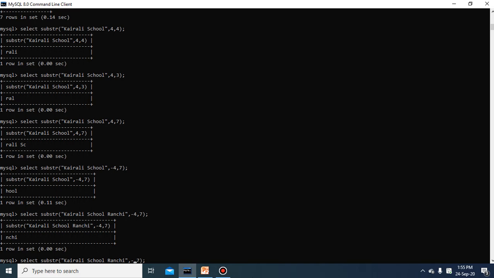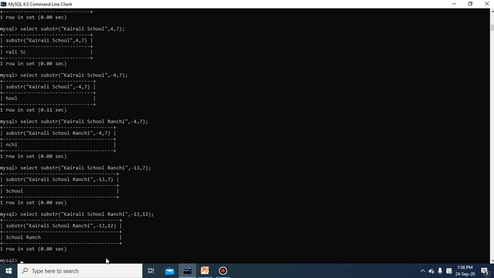If I write 13 and 7, then from this 13th position from the right side, the total number of characters is 7. So you can see 1, 2, 3, 4, 5, 6, 7, 8, 9, 10, 11, 12, 13, and the total number of characters 7. So from this very position you count 7 characters: 1, 2, 3, 4, 5, 6, 7. The space is also coming, but you are not able to see the space. If I make the update over here and make 7 as 12.